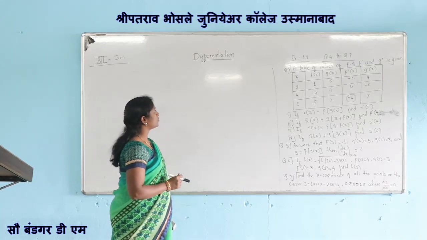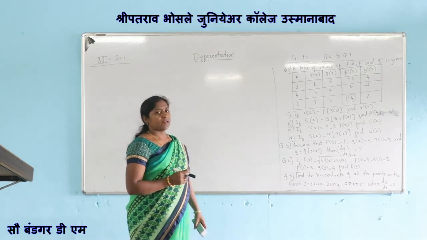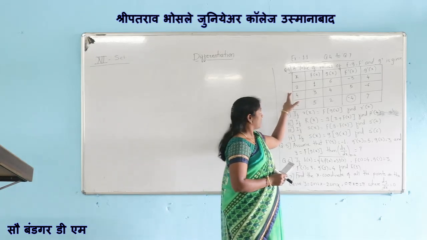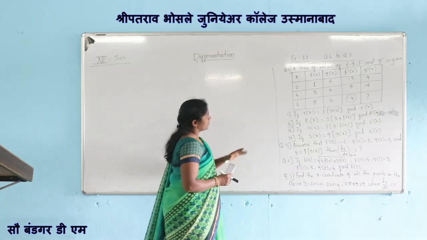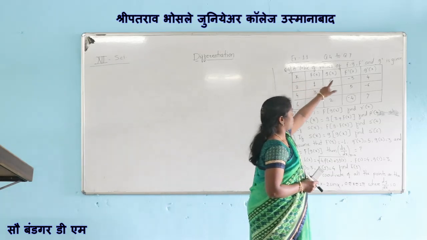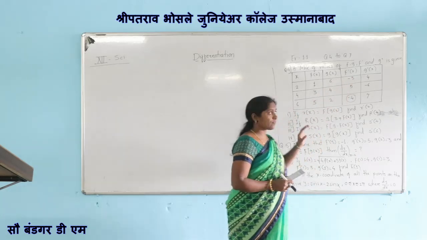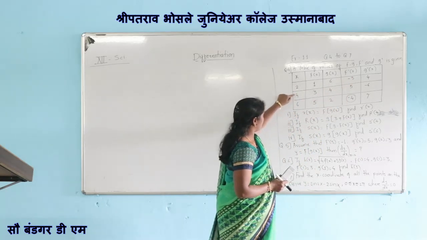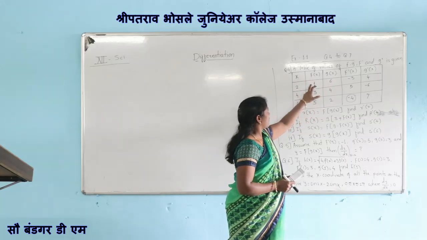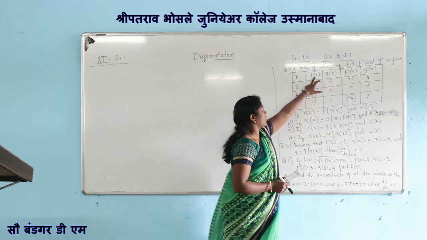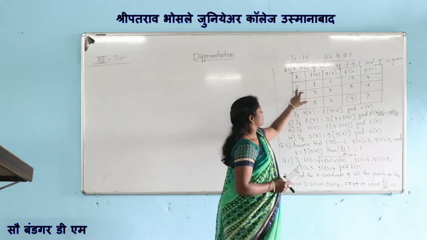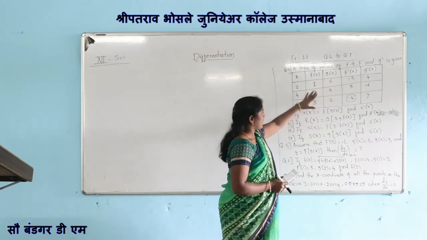Students, today we are going to solve exercise 1.1, question number 4 to question number 7. Now in question number 4, the table of values is given: x, f of x, g of x, f dash x and g dash x. For the given values 2, 4, 6 are given. F of x at x is equal to 2 is 1, f of x at x is equal to 4 is 3, g of x at x is equal to 2 is 6. The corresponding values are given.